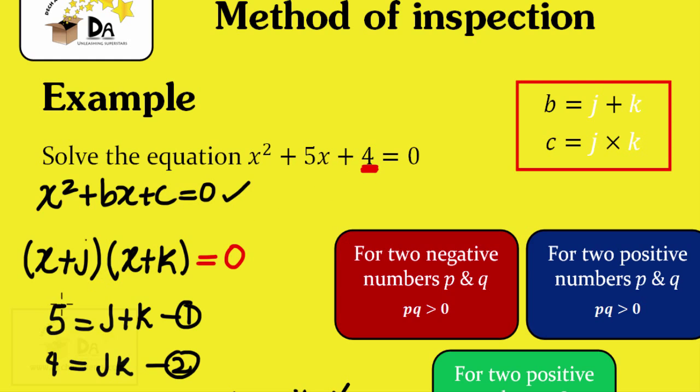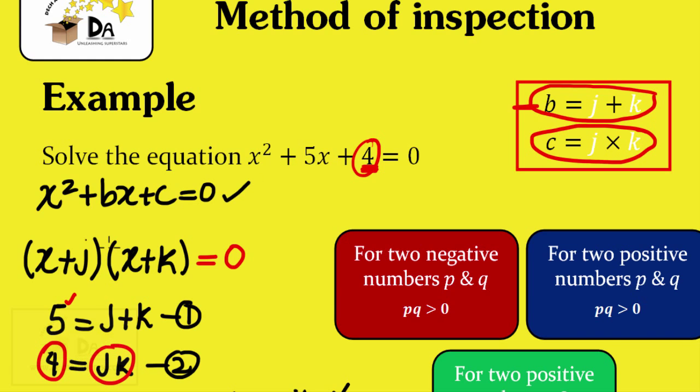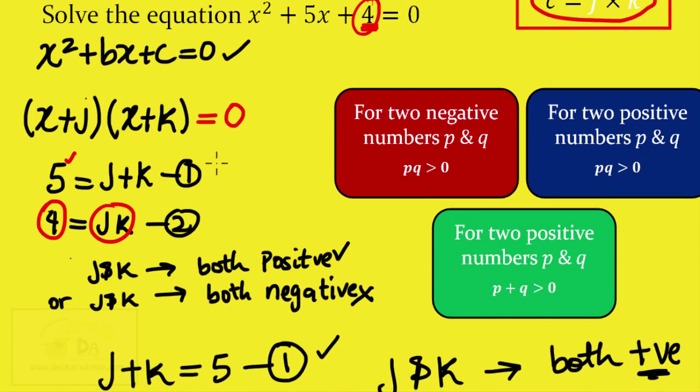In this case, B is 5, so 5 is equal to J plus K, according to this equation here. And according to this equation, C is equal to J times K, so 4, which is C, is equal to J times K. So now we have two equations, and solving these two equations will give the appropriate values of J and K, but this solution has to be carried out by trial and error and a bit of